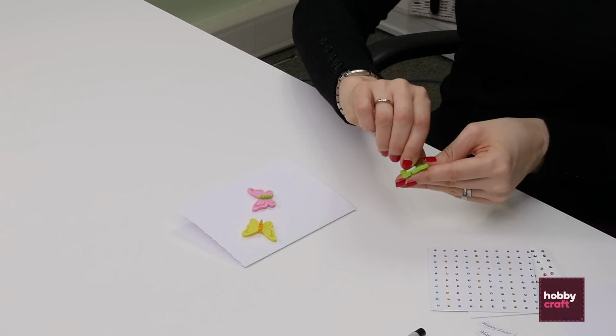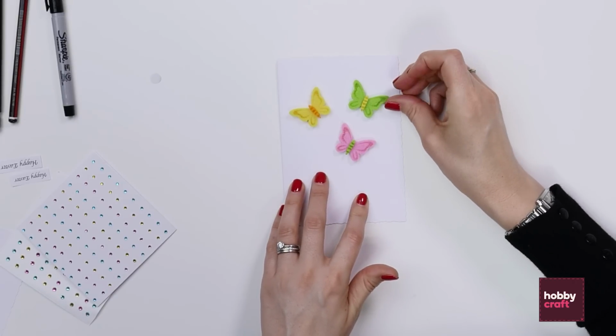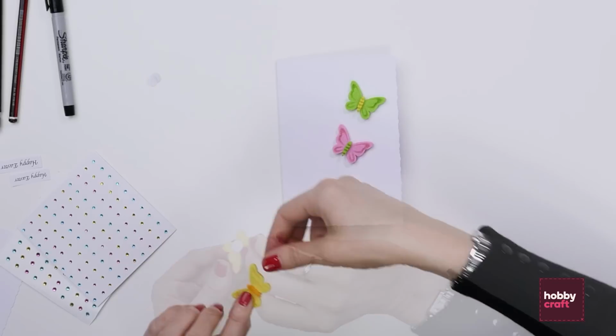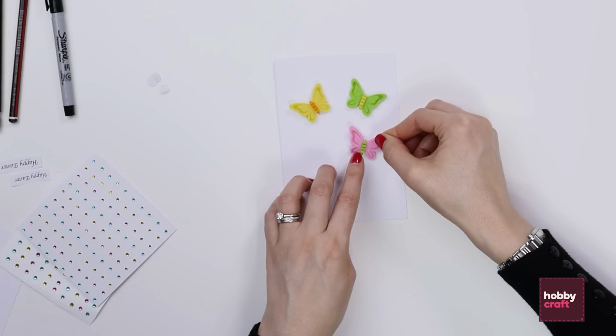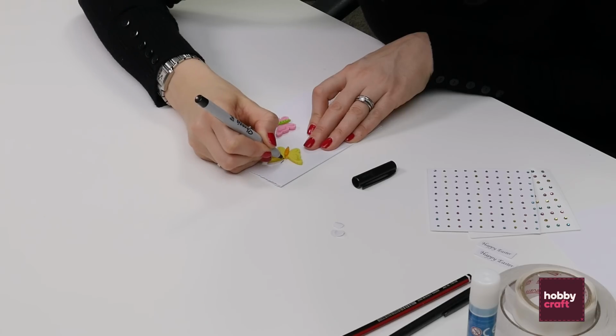So you peel off the little sticky bit off the back and then just lightly put them down first, and when you're happy with it then you can press it down so it's in position. Do the same for the next 2 butterflies. Next you take your fine black marker pen and then you want to draw on the antennae for